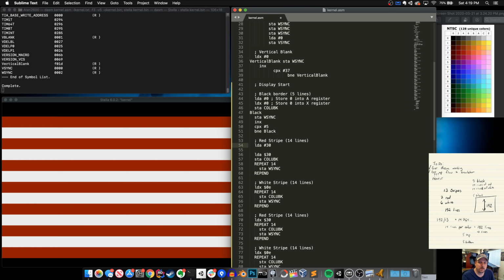Now, why do we use $30? Oh yeah, wait, loading, LDA. We want to load the actual value 30 into our A register. And we also want to store,